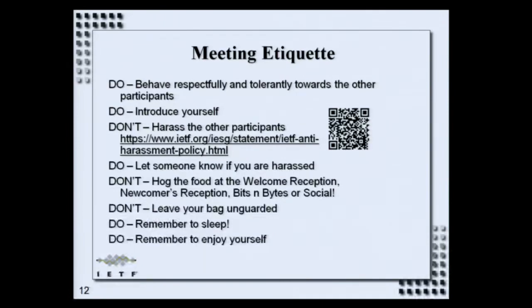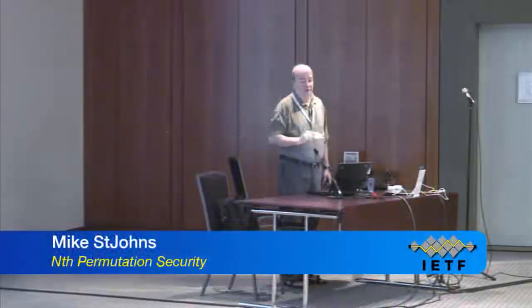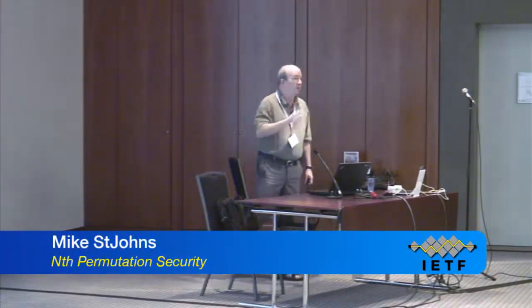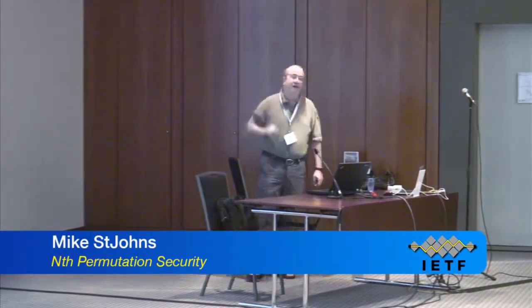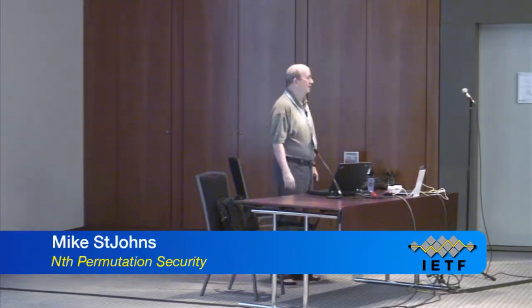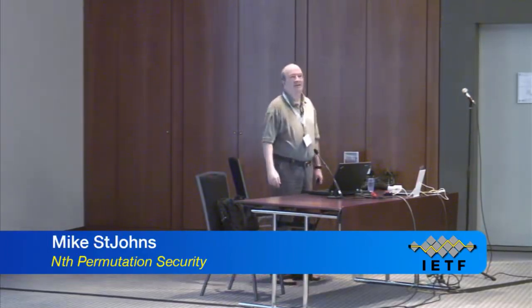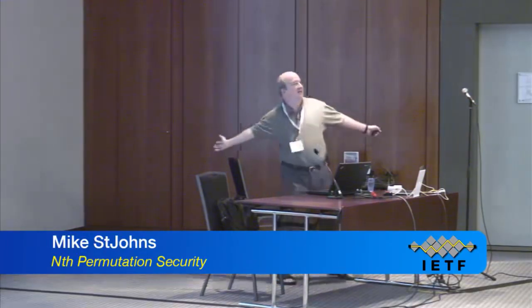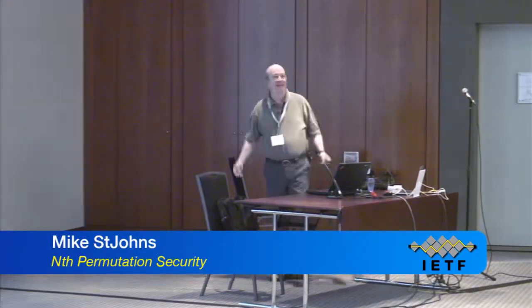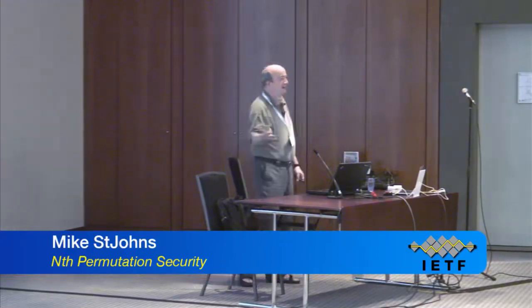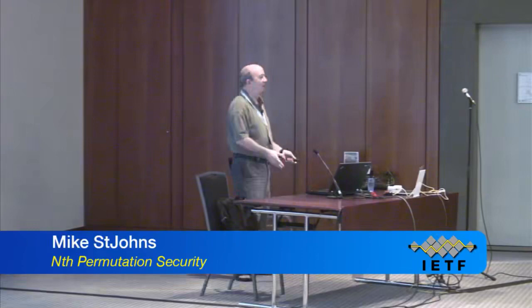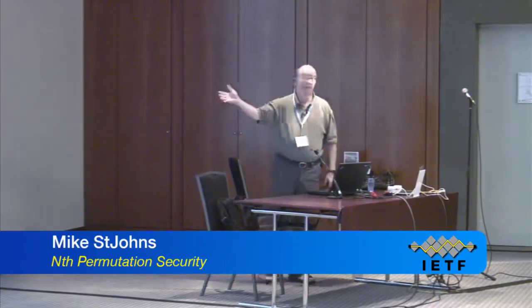Mostly you don't know who those people are as of yet. So what you do is you find somebody with a badge that has a colored dot on it, and you say help, and they will get you in the right direction. Not just the little blue smiley face, but one of the chairs of the working group, and they will get you started. If you're in one of the receptions, please don't hog the food. It's scary sometimes. The food comes out and it's just like charge, and at the end of it, it's like army ants have been through there. So take some, let other people get into it, and just continue forward. Don't leave your bag unguarded.